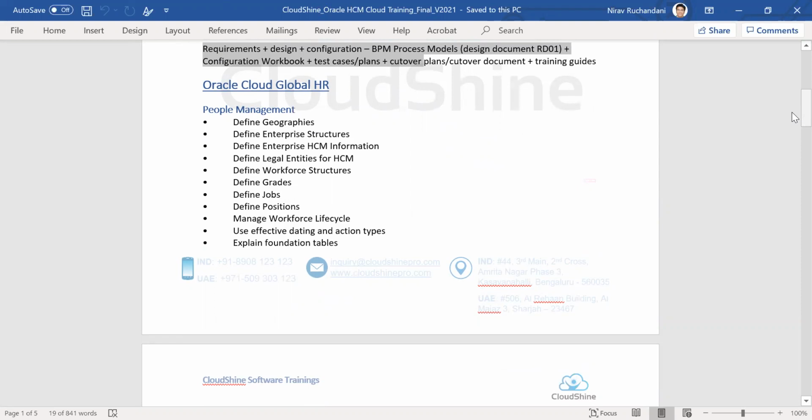And then just one last thing, we will be maintaining a tracker of each topic that we have covered, and we will have assignments or exercises, and there will be an instance for your practice. You will use that instance for your practice and report or come up with any questions that you have in the following sessions, as and when we cover those topics. So that's how the structure of the training is going to look.